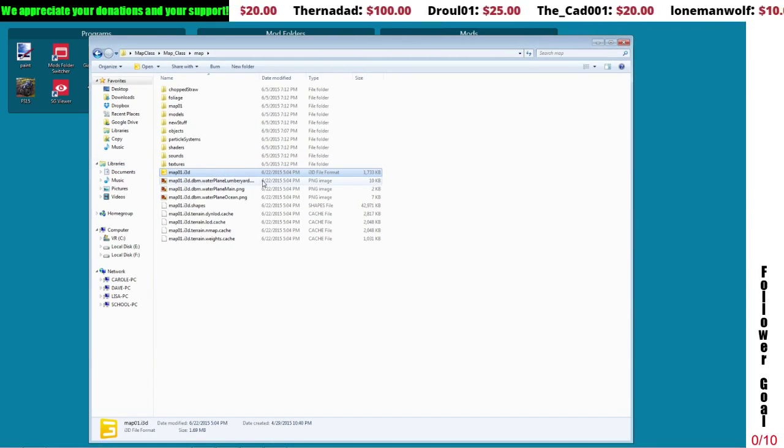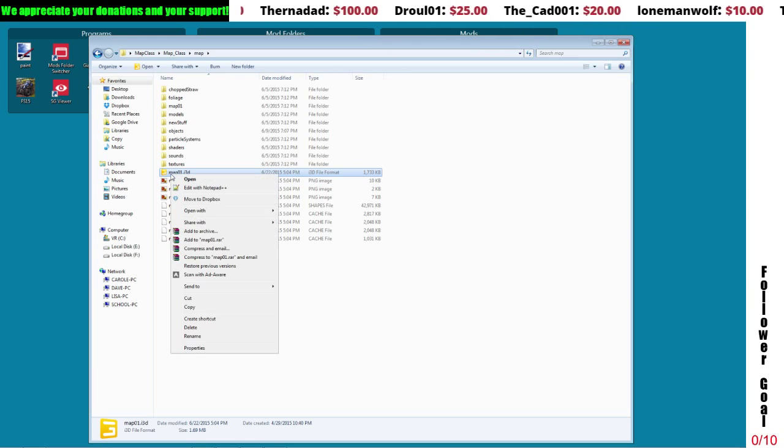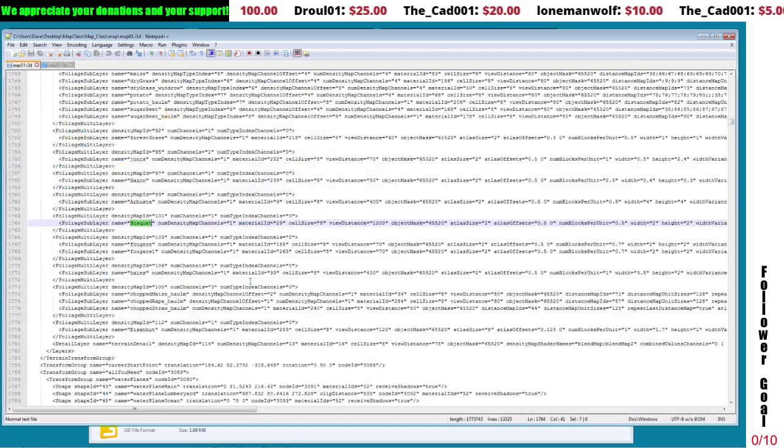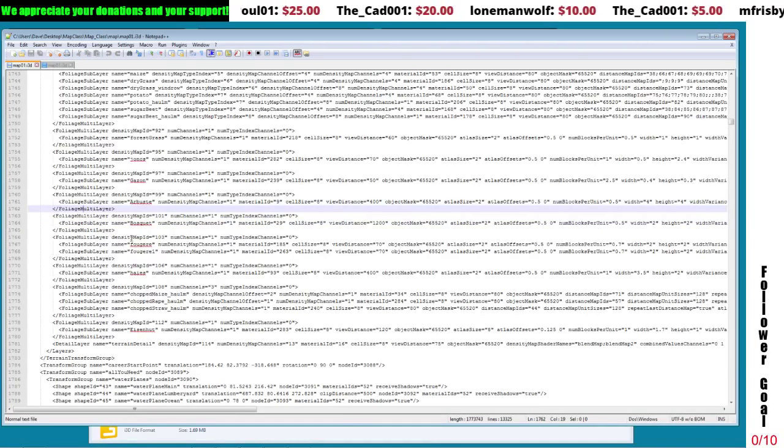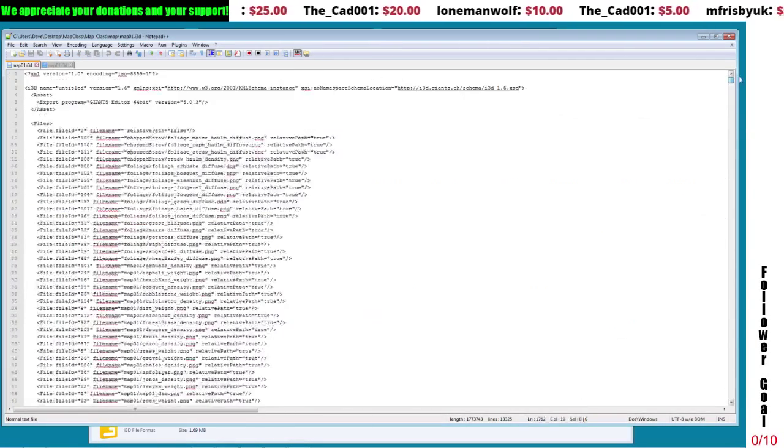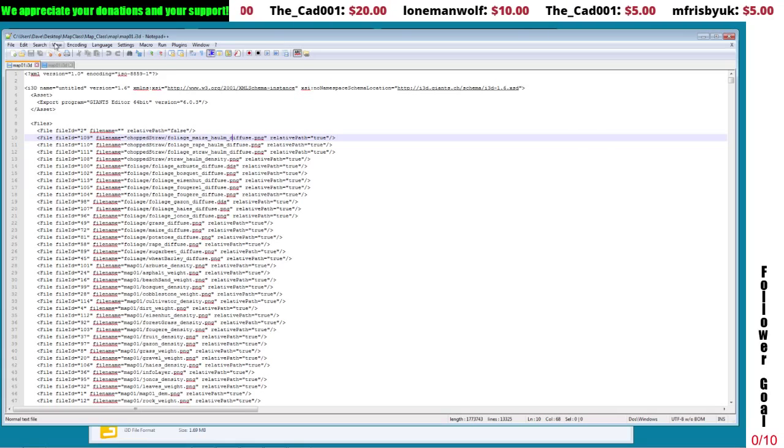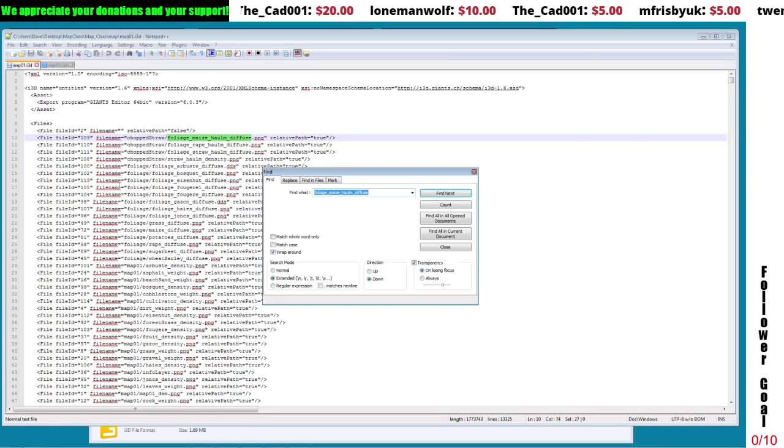Again, I have the map class map, and what you want to do is right click on your map, and hopefully you have Notepad++ installed, and we're going to click to edit the map file with Notepad. Funny, I've been here already. But anyway, if you were at the top and lost, you would do a search, find, and we're going to search for that foliage layer, Bosquet,